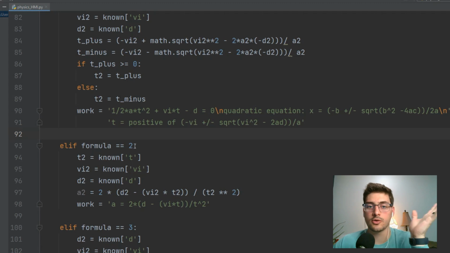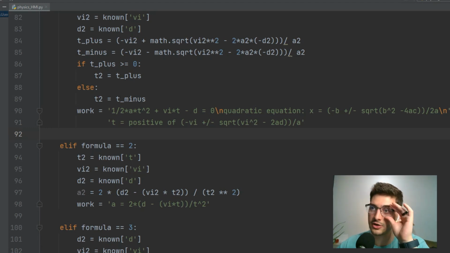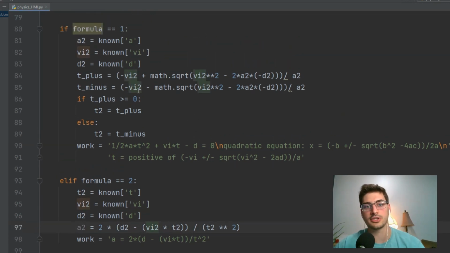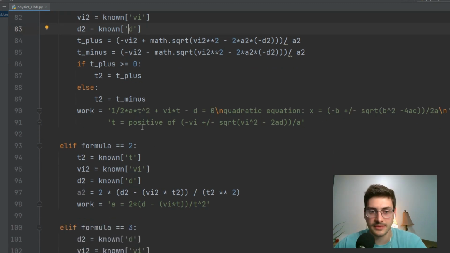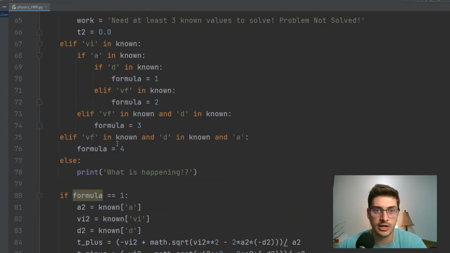All right, so that's our work. That was a pain in the butt, but that is the only time we have to do the quadratic equation. And honestly, if you weren't able to follow along with that, just solve for VF first, and then you can solve for T directly. Okay, so speaking of VF, formula 2 for solving for time,